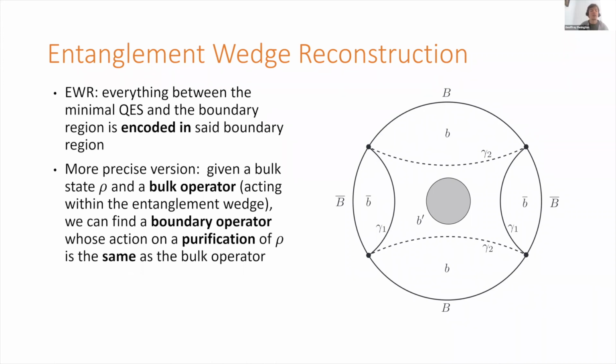Yeah. So if rho is a pure state, then the bulk operator will presumably change that pure state to a different pure state, so it's still a non-trivial thing. Being able to do entanglement wedge reconstruction is completely state dependent. Your operator only has to do the correct thing to a single state, but it's still non-trivial because it's only allowed to act on big B, right?